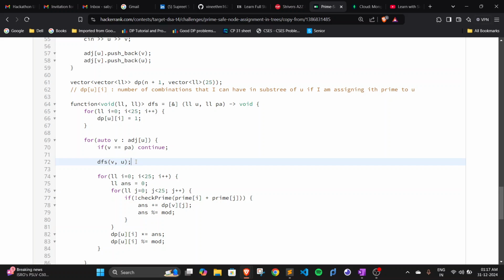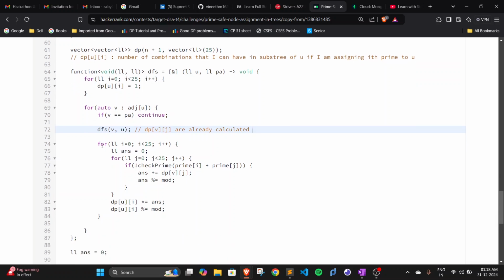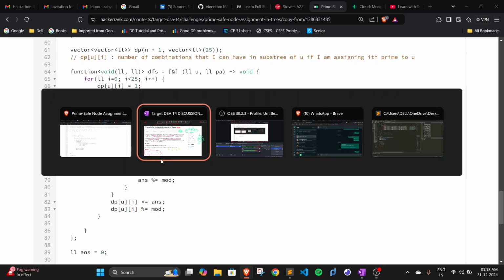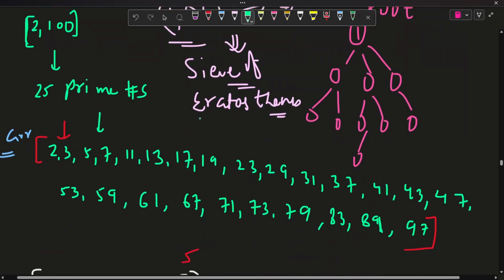Okay, after this DFS part, the DP states of v for all the j's are already calculated. That's how the recursion works. Okay, so for each i you are assigning to u, you are calculating the number of ways to